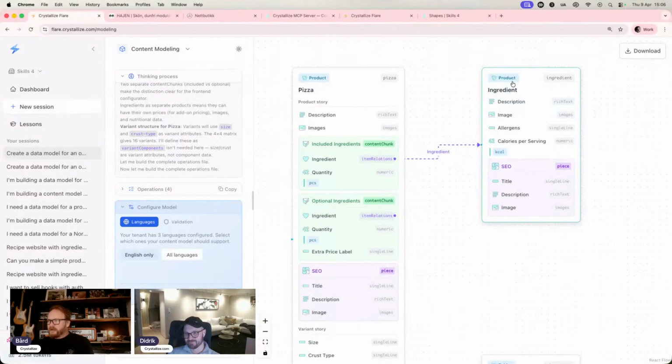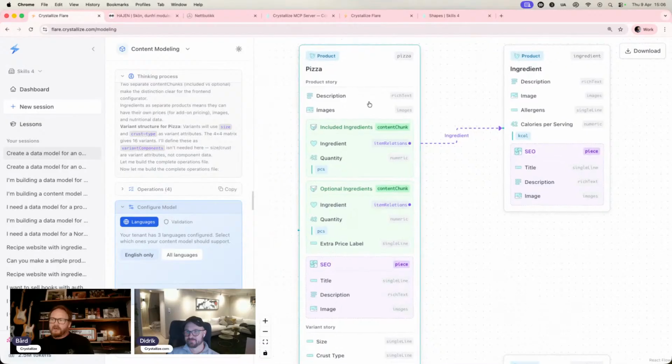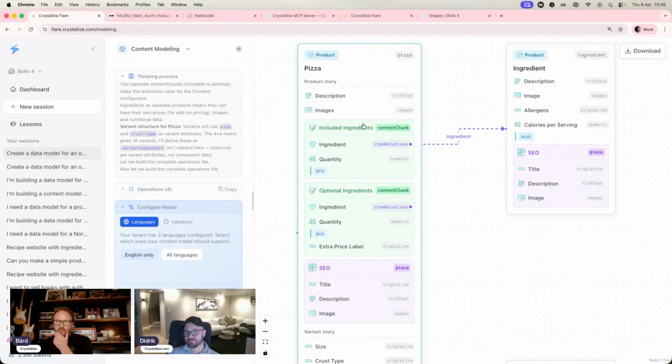That's okay. We see that ingredient has a single line for allergens. Yeah, you could do it like that. And we have here, and this is a clue, right? With a configurator,